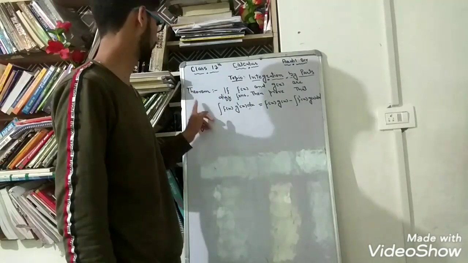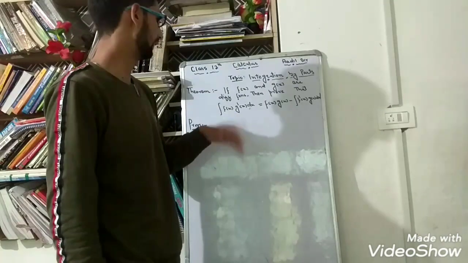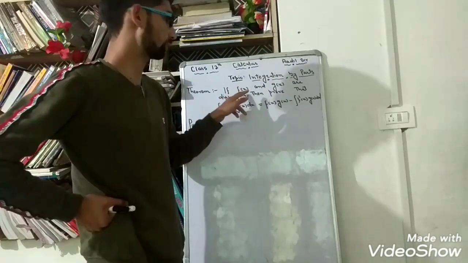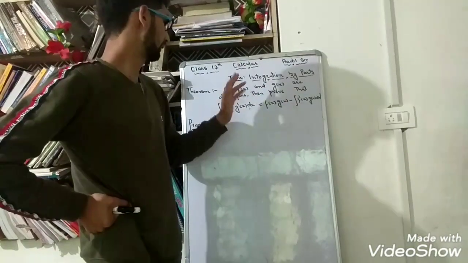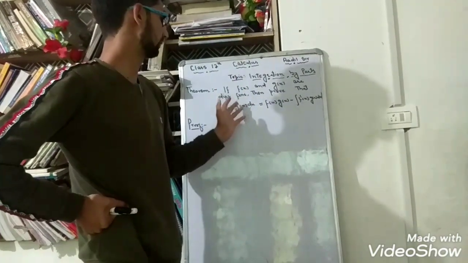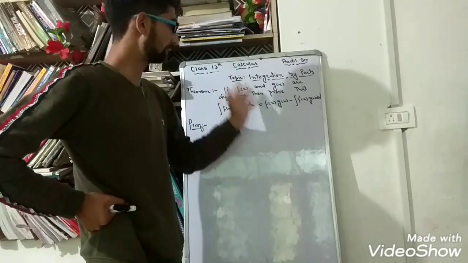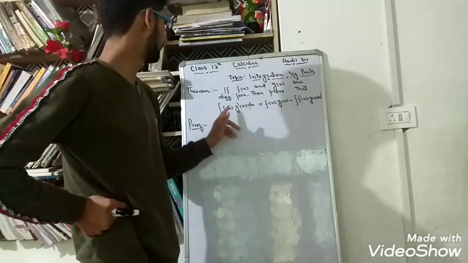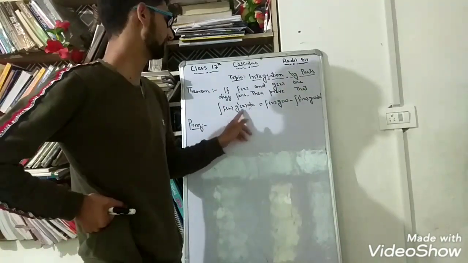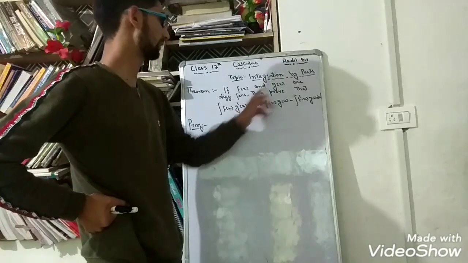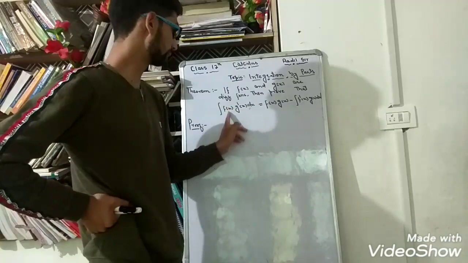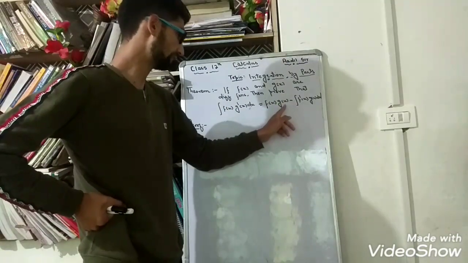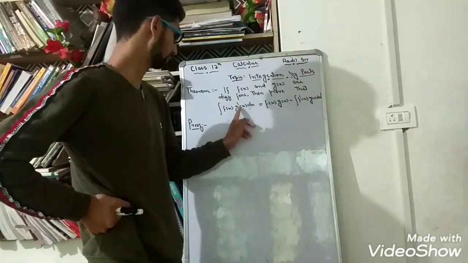The result is a theorem, and it says that if we have two functions f(x) and g(x), and both these functions are differentiable, then we have the integral of f(x) g'(x), meaning the differentiation of the second function, dx, is equal to f(x), the first function, into g(x), the second function,